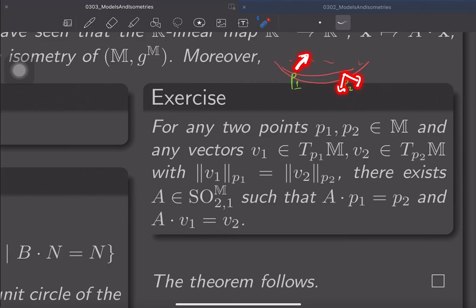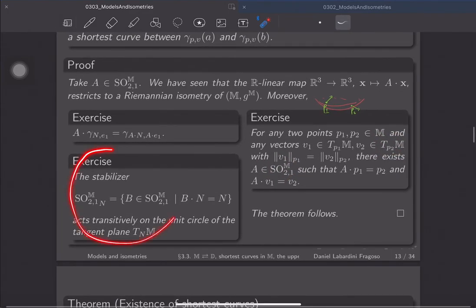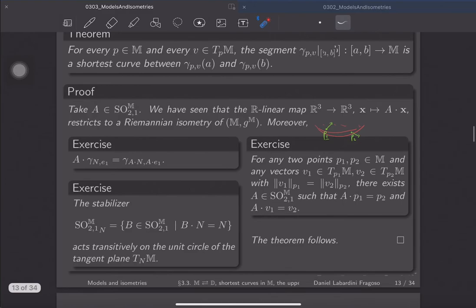Right. Okay. And now you see I can move through this. I can move along this circle in this tangent plane, but I can move using an element of this one because of the previous exercise. That's the point. So the details, I leave them to you. Right, and then the theorem follows, because you see,